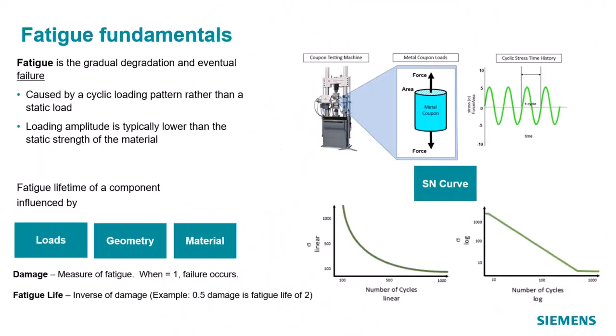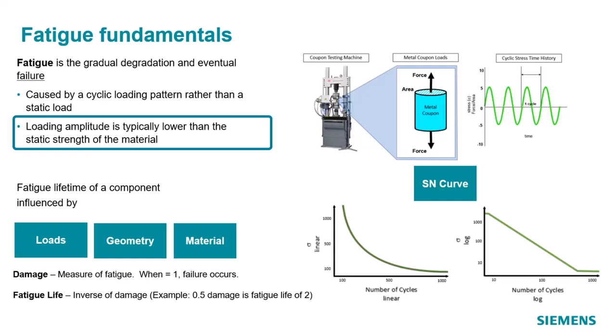Fatigue life refers to the gradual degradation and the eventual failure of a product due to the cyclical loading that it experiences. When there is repeated cyclical loading on a product, it can lead to failure, and that's what is fatigue. Now the emphasis here is on the cyclical loading rather than just a static loading. Static loading means a one-time loading that doesn't change over time. It's just one time. However, the cyclical loading, it changes.